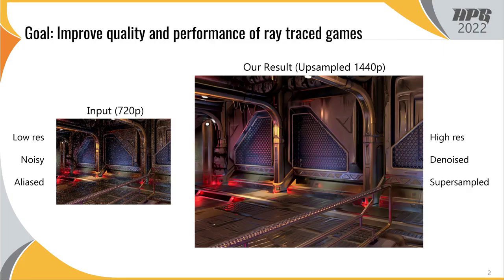The goal of our work is to improve image quality and performance of ray tracing in games. This is achieved by introducing a novel neural technique that combines supersampling and denoising. In the teaser shown here, on the left, we have a low-resolution composited input signal that is undersampled to meet real-time budget, producing noise and aliasing artifacts. On the right, we show the results from our joint approach, producing a high-resolution output image that is denoised and